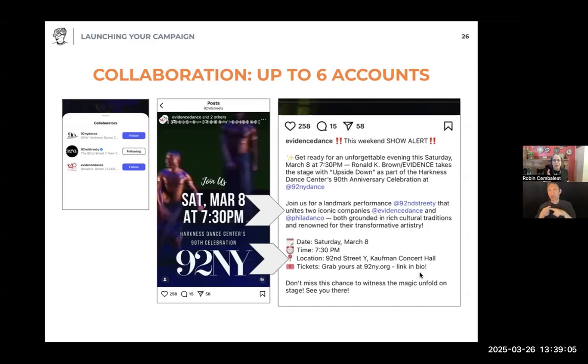So again, we see even in this announcement, and it's hard to write this little a lot of times, I think this is a great example. Oh, wait, I missed this part. Don't miss this chance to witness the magic unfold on stage. See you there. I mean, it's magic, right? Come on my magic ride. And that's this idea again of experience to get away from the world around you and everything that's going on and step into this transformative dance